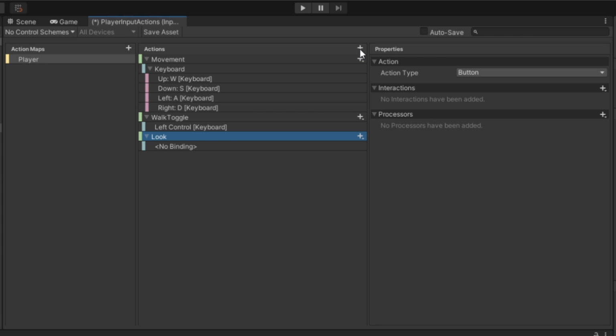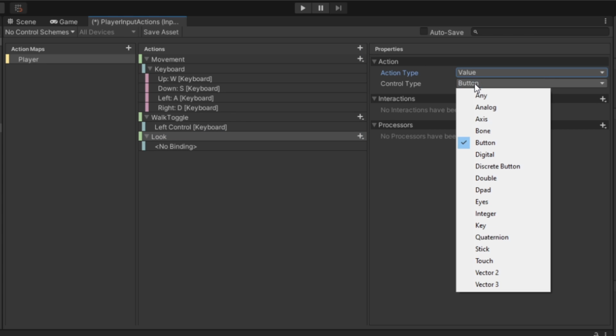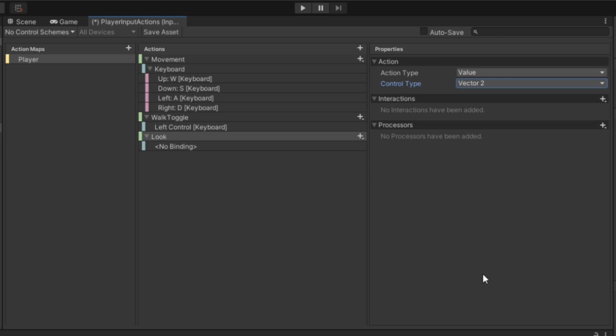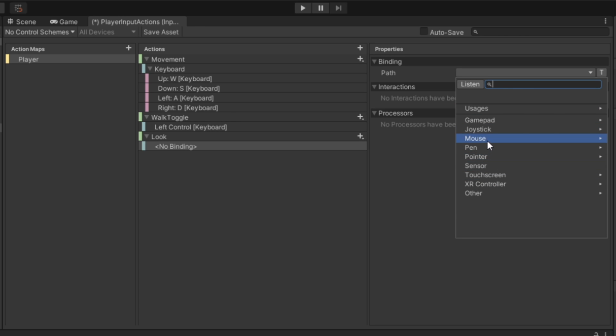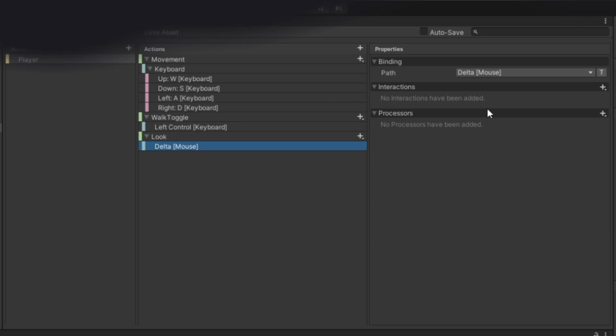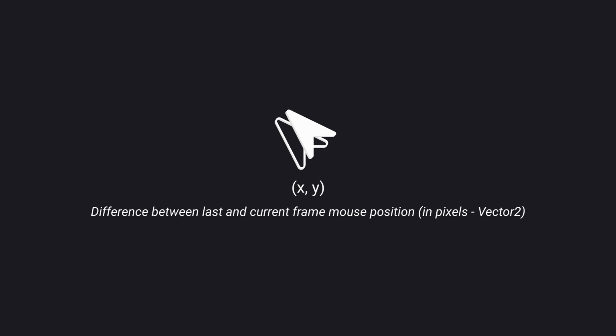For our types, we'll have it to be a value of vector 2 as we want to constantly get our X and Y axes. In its binding, select Mouse Delta. Delta is apparently the change in pixels in vector 2 since the last rendered frame mouse position.